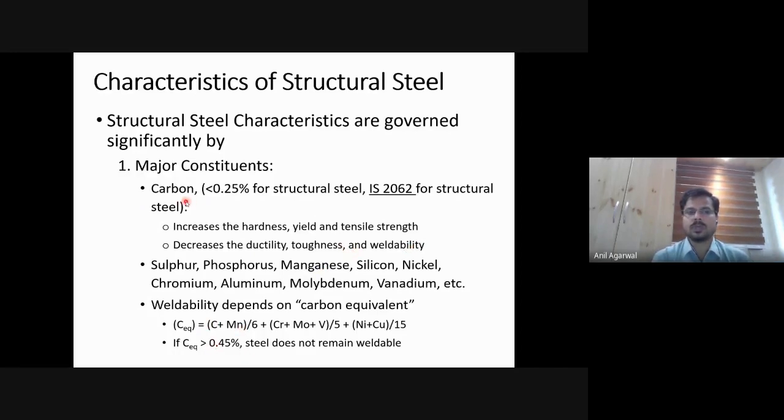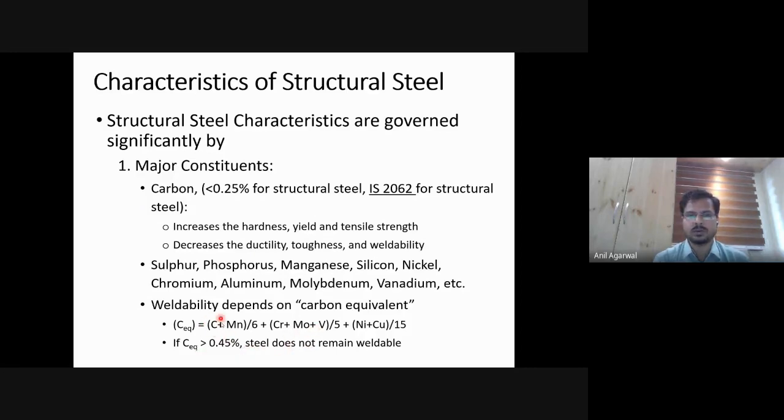Carbon is one factor, but in addition to carbon, you also have to monitor other metals. There are some expressions, some formulas given in the code, which let you calculate the amount of equivalent carbon. You put the carbon content, manganese content, chromium, molybdenum, vanadium, and so on, divide by the respective factors, and if the total value comes out to be less than